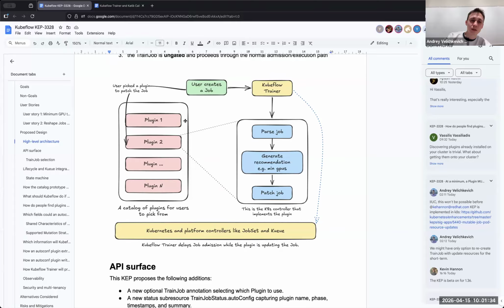I just want to say we don't need to have a full agent here. We could just make LLM calls within the controller. But it has to have the context, the state of the system that you want to resolve. But the context is available in the job that the user submits, right?